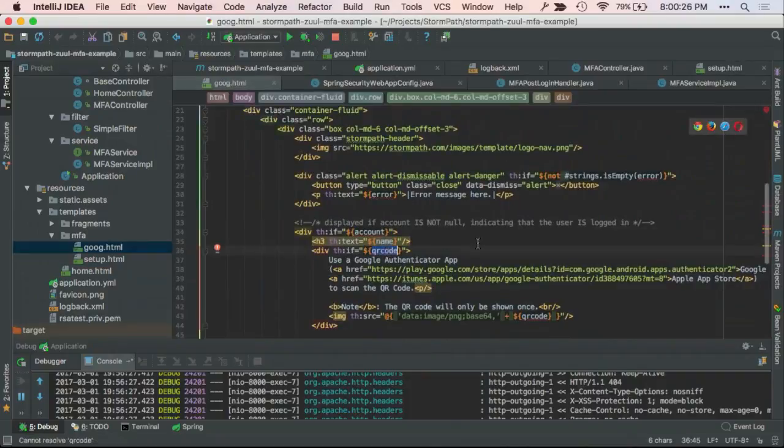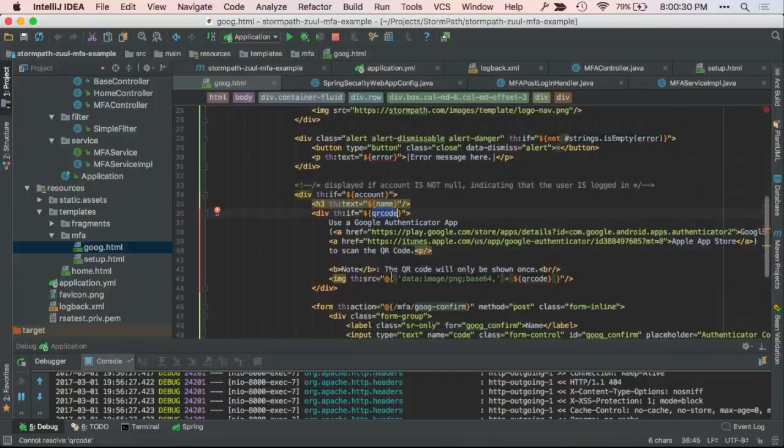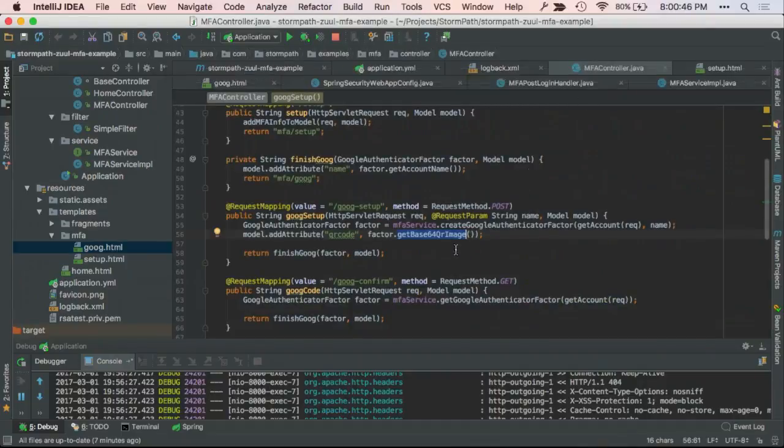So if there's a QR code in the model, then it's going to show the QR code. And this is one of the nice things about just regular old HTML, is that I can give this QR code, if you notice back from my code here, it's a base 64 representation of that QR code.